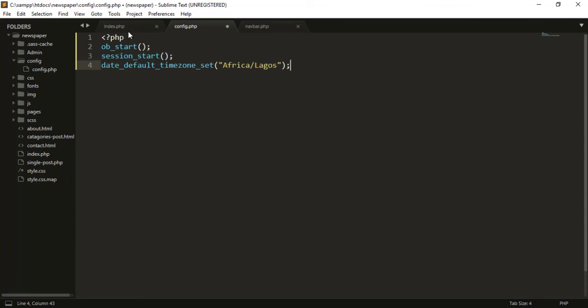Okay, so these are the three configurations that we need, and the next thing we need to do is to create our connection. So I'm going to call it connection. Then I'm going to store the connection in a connection variable. So connection is going to be equal to new